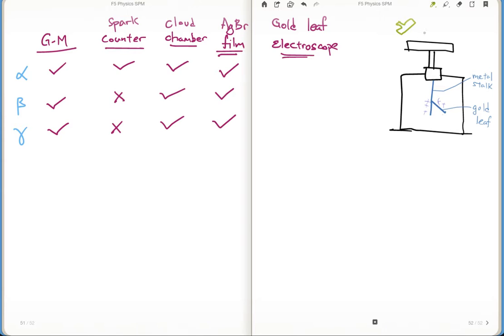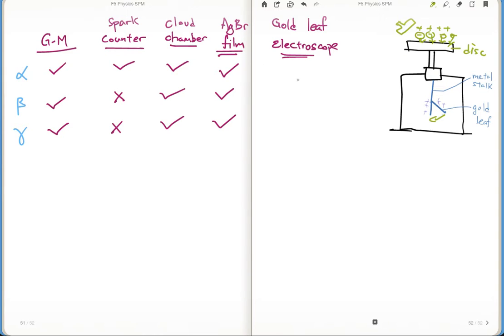It ionized the air, remember? So once it ionized the air, positive on one side, negative on the other side, what happened? The electrons will be attracted to the metallic disc. All the electrons will be attracted to it, so therefore you will see the gold leaf close in the event you have